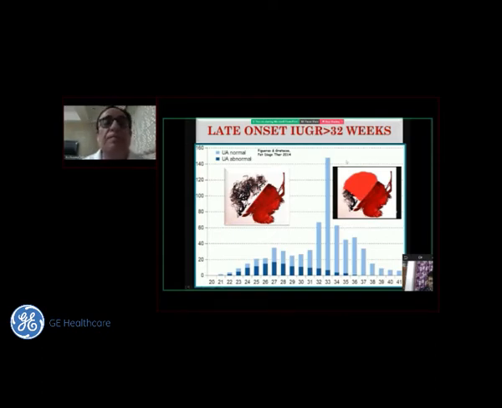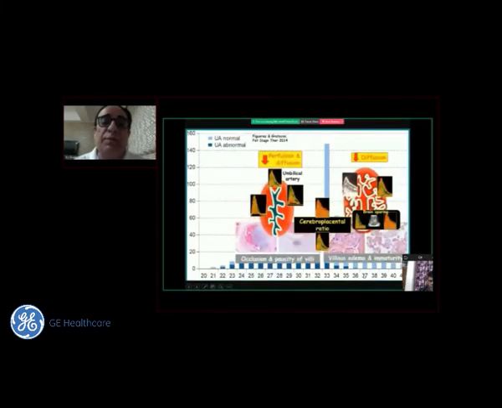For late onset FGR that starts after 32 weeks, as we have been talking, the placenta may not be as diseased and so it could be less than 30%, and therefore umbilical artery, which is shaded in dark blue here, may not show increased resistance, and that's why it has been missed. And this is well understood from Figueras's and Gratacos's